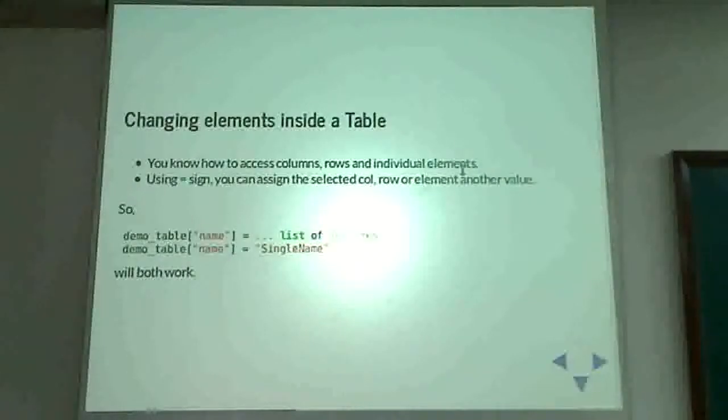And once you know how to access elements, if you say equal to this, you are capturing them. If you say equal to on the right hand side, you can change them. So if I say demo table name, I am referring to a column which has 10 entries. On the right side, I can either choose to provide a single value, so every element becomes that same value, or I can give it a list or an array of 10 elements, and then in that case there is a one-to-one mapping for each row. So the first element becomes the first row and so on.